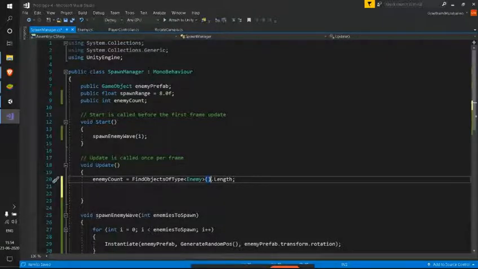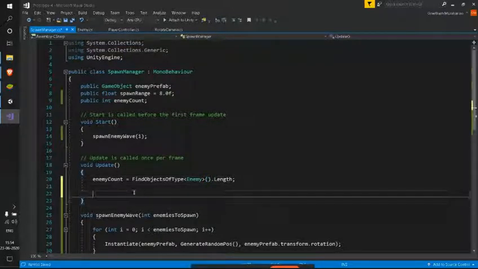So this returns an array of all the enemies, and when I say .Length, it returns the length of the array, which is the total count of enemies I have in my game at any given point of time.